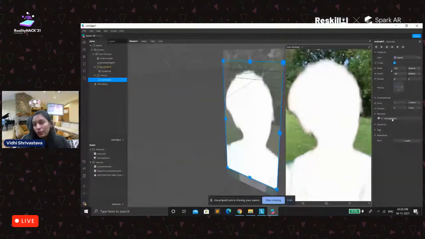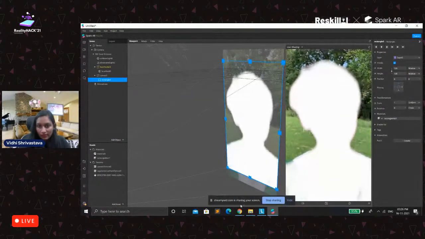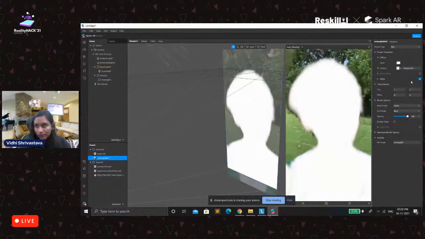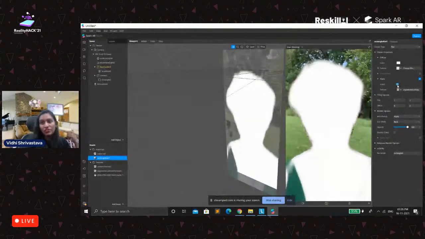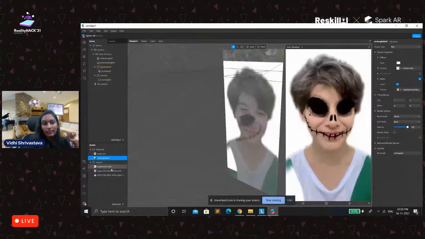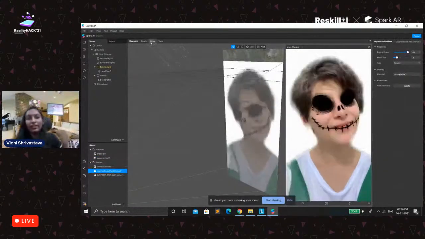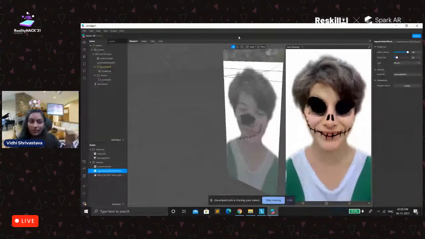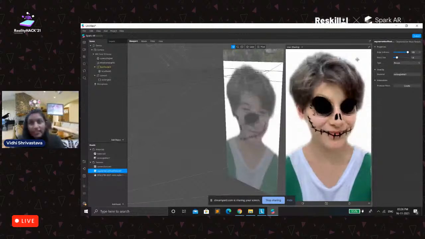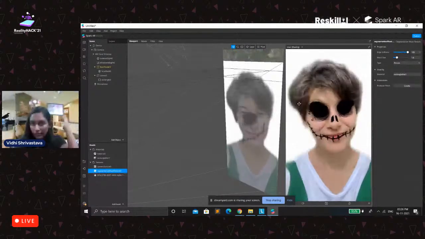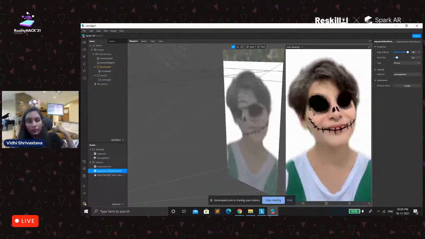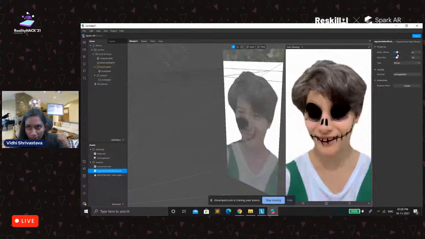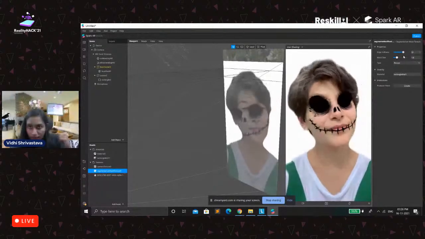And then let's take the camera effect over it on the background, so that we can change the background. Now you could see that the background is plain white, so we will change the background to something like a Halloween background, because we are making a filter like that. You could see that right now the blurredness of the effect on the background is quite high, or we can make it a little less soft. I think this goes fine.